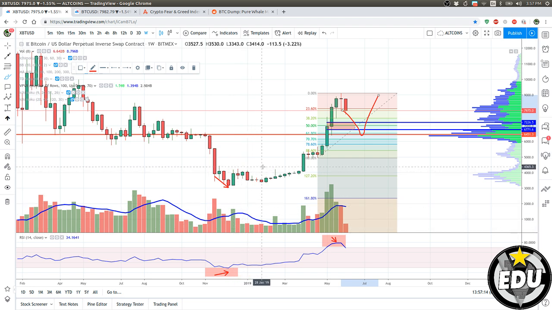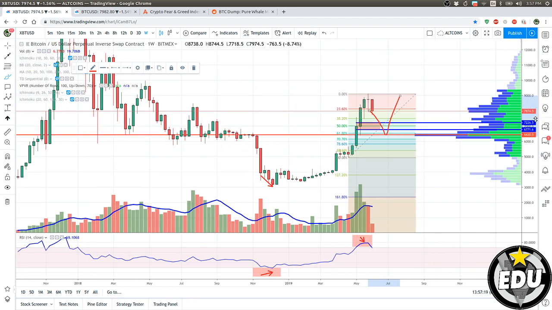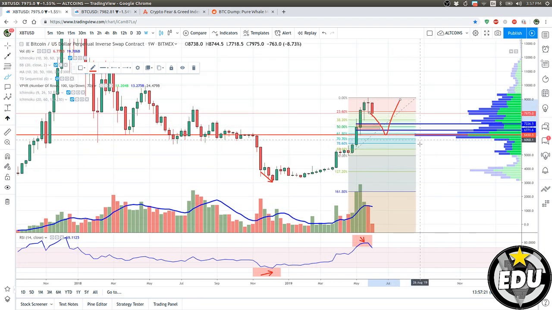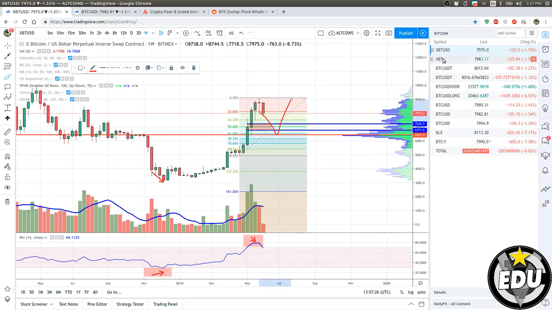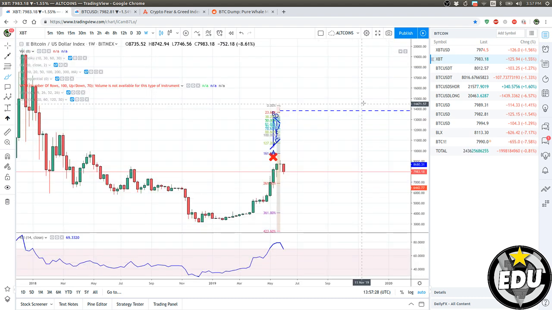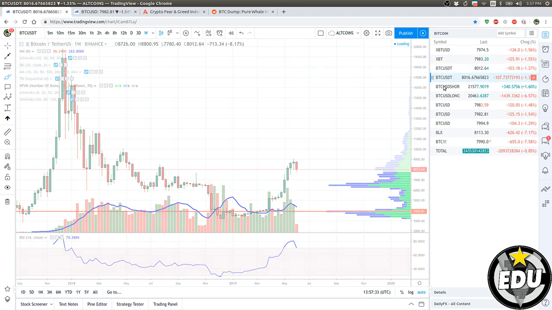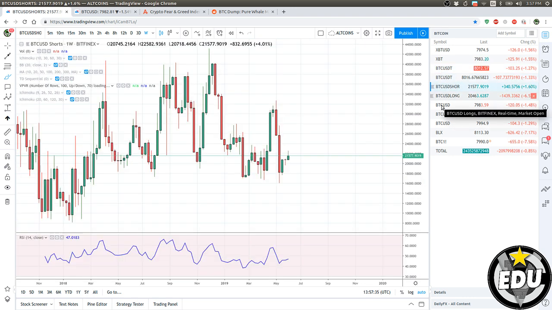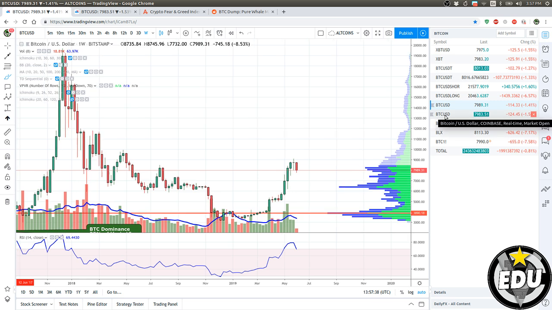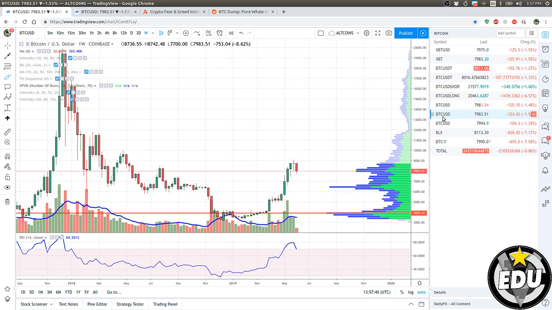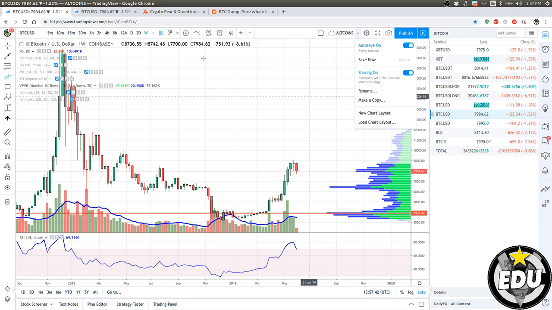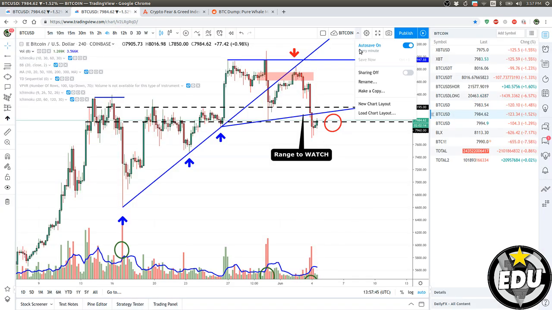What are other signs of bearishness on this level? Well, I check on my other charts because I trace lots of them. If I have some chart, probably more on my Bitcoin chart layout.